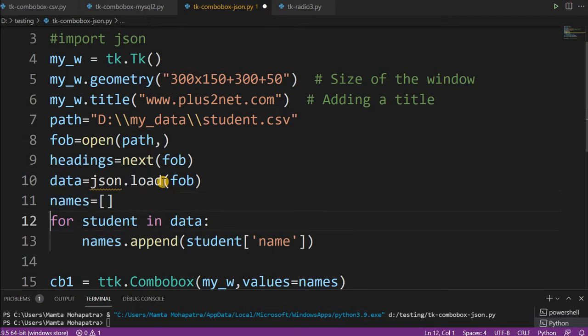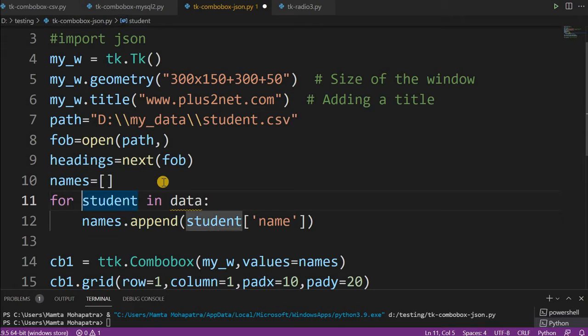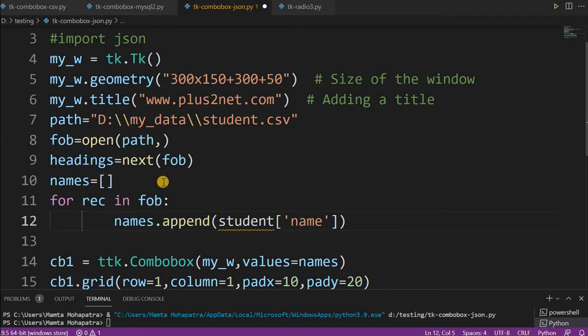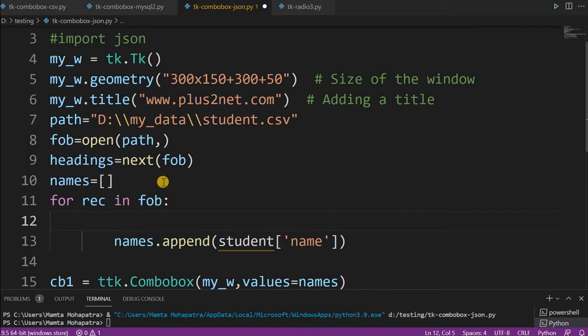Where is my this thing? Okay, so this is also not required. I am removing this. Let names be there. Here for rec in FOB, because there are multiple records, multiple rows. Each row will be one list.